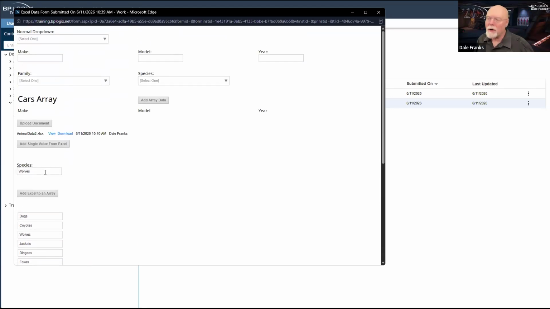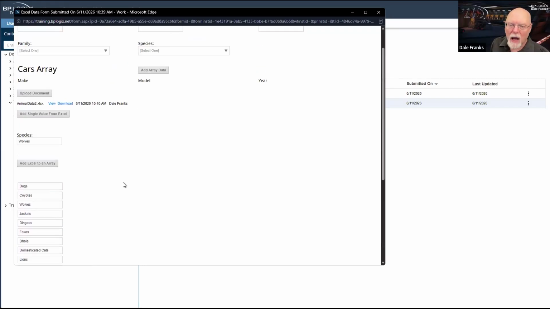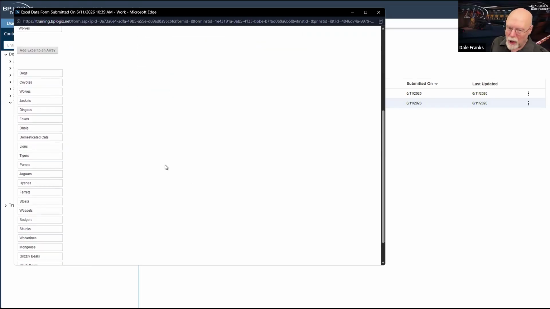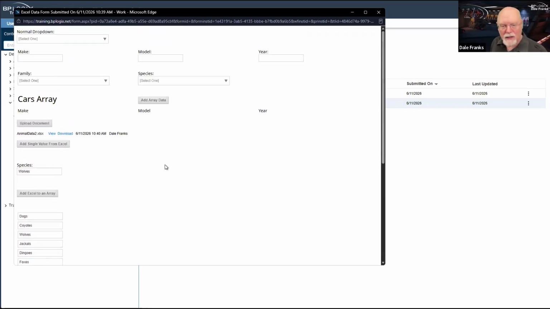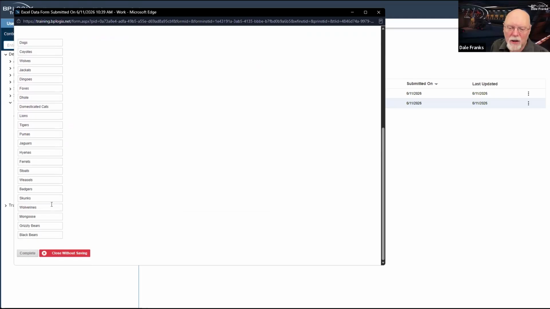But if I have data in Excel, I don't want to import it into Process Director. I just want to be able to upload it to a form and to be able to pull data out of that form, then I can certainly do that using the fill fields from Excel custom task. So in most cases, you will not use this custom task, but it does exist. It is pretty cool. It does allow you to pull data out of an Excel file. In most cases, I think you would be filling an array like this.